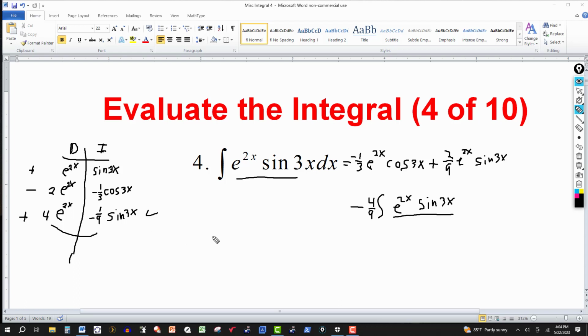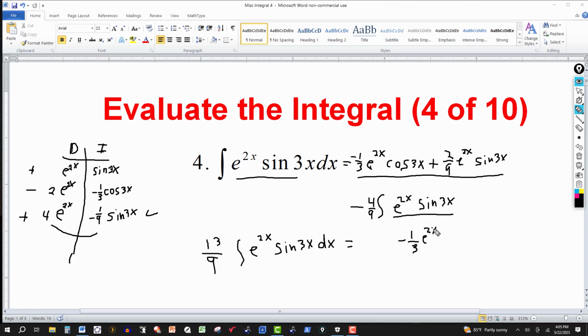So on the other side then, it's going to be one of these and negative 4/9 of these, so we're adding it, so it's 4/9. So 4/9 and 1 is 13/9 of this integral here. So that's e to the 2x sine of 3x dx. Now this part's okay. That's part of the answer. So I'm just going to bring that over, bring it down here, and I'm going to say that's going to be a minus